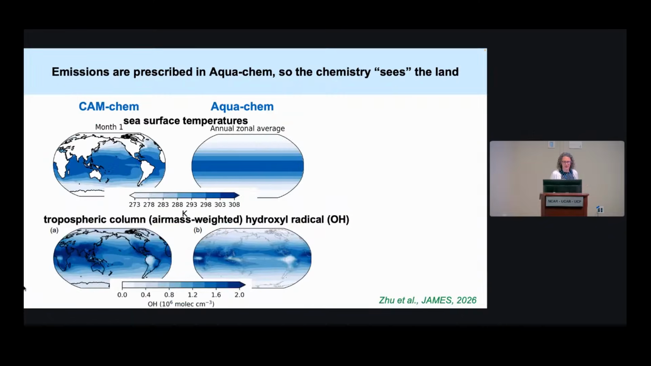So details are there. Very, very quickly, this is what the zonal mean SSTs look like in AquaChem on the right versus ChemChem on the left. And then what you see in the bottom is the tropospheric column air mass weighted OH. And so immediately you see that it's the spatial patterns in the emissions, not the sea surface temperatures and the dynamics that are driving at least the first order spatial patterns that we see in the ChemChem full complexity model